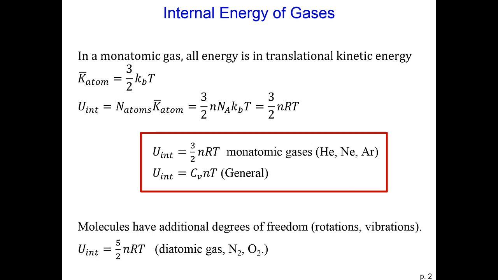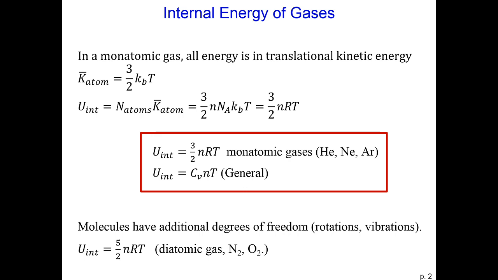So what this has told us is that for a monatomic gas in a constant volume process, all of the heat added goes to kinetic energy because that's the only form of internal energy it has. So if we heat the gas from 0 Kelvin, our ideal gas will have 3/2 nRT of internal energy. So the internal energy of a monatomic gas is its constant volume heat capacity times the amount times the temperature